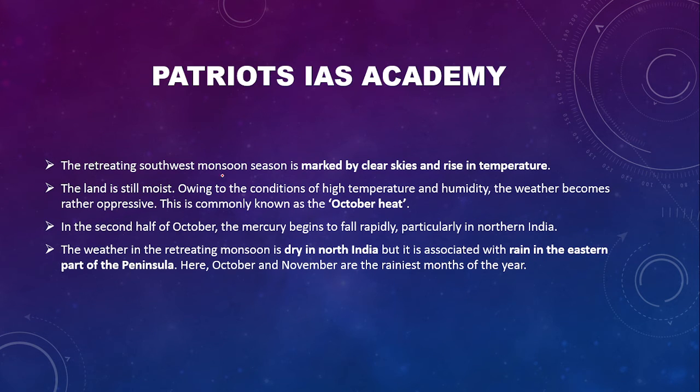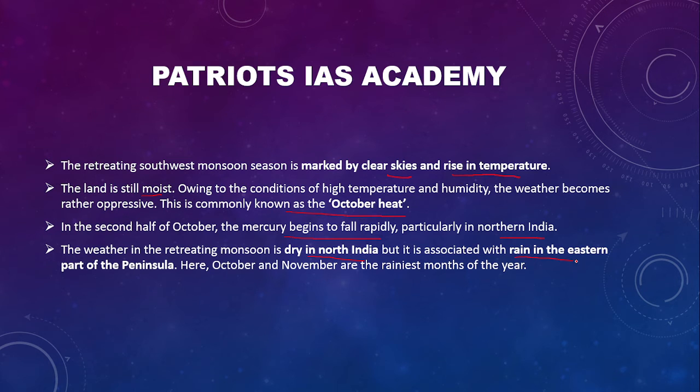The retreat of the southwest monsoon season is marked by clear skies and a rise in temperature. The land is still moist. Owing to the condition of high temperature and humidity, the weather becomes rather oppressive. This is commonly known as October heat. In the second half of October, the mercury begins to fall rapidly, particularly in northern India. The weather in the retreating monsoon is dry in North India, but it is associated